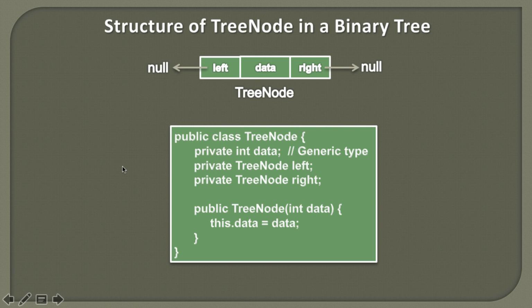And below you can see the Java code to represent a tree node. So here you can see it has three things. One is the data part, one is the pointer to the left tree node, and one is the pointer to the right tree node. And here you can see we can store any generic type of data into a tree node. And below is the constructor of tree node where we actually pass the data. So this data part, whenever we initialize a tree node, gets stored into the data variable. So friends, let's go to Eclipse and see the implementation of a binary tree in Java.